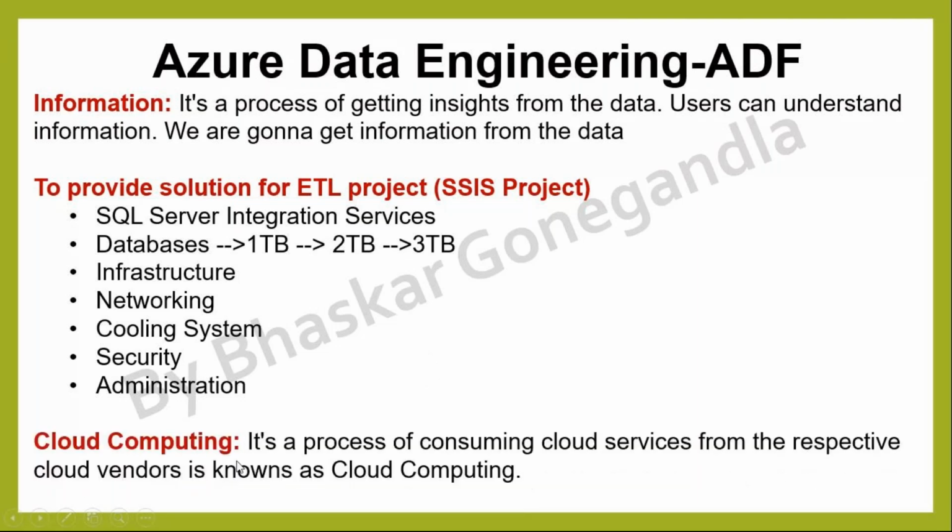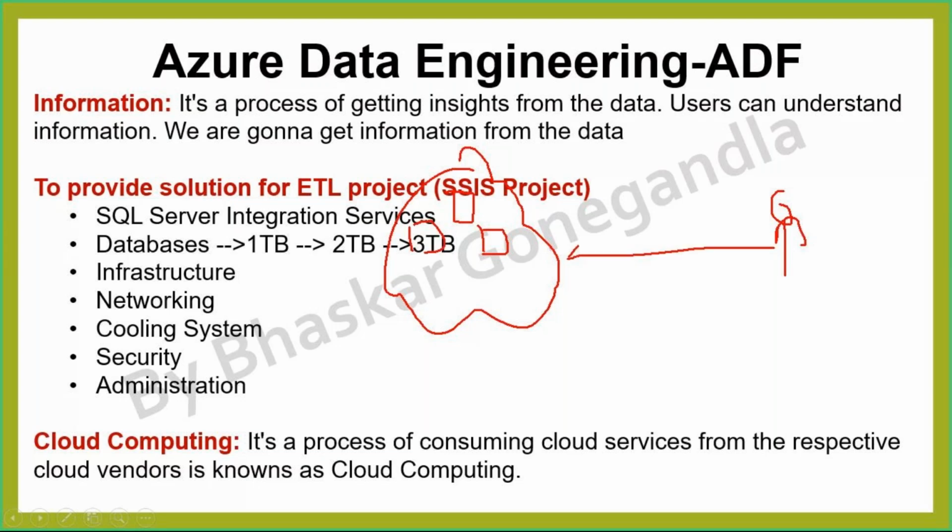So as I said, cloud computing means it's a process of consuming cloud services. If I want to take any service, I can take a service from here. This cloud has various services. I'm sitting here, and I'm going to take the services from this place. So this may be Amazon, or GCP, or Azure. So it is the process of taking the services from here based on my requirement. There are many services: machine learning services, analytic services, application services, infrastructure services, IoT services.